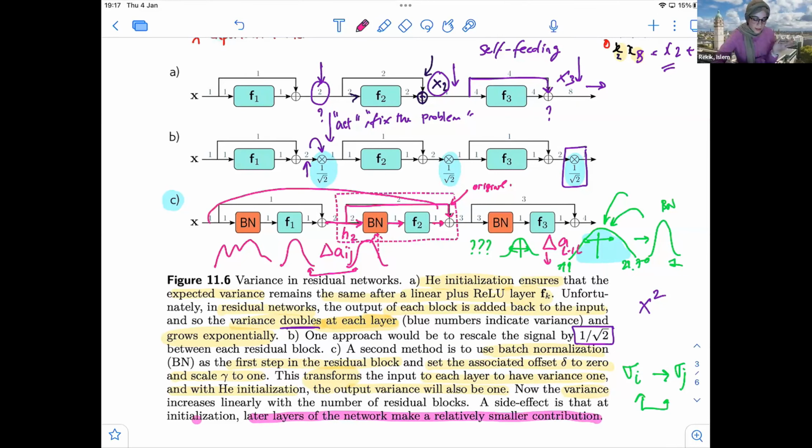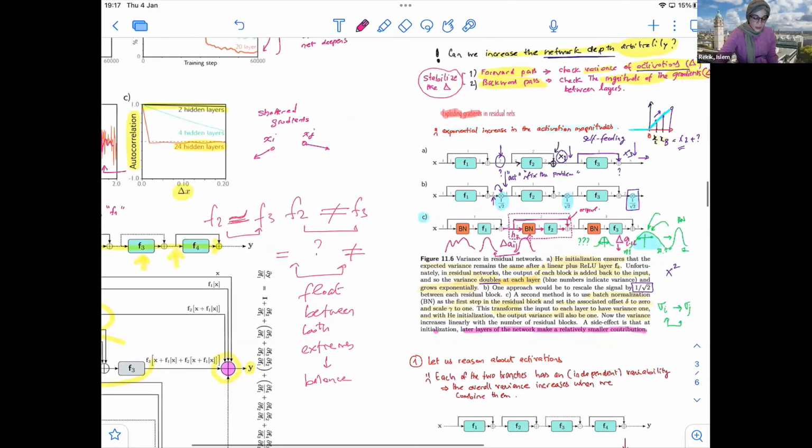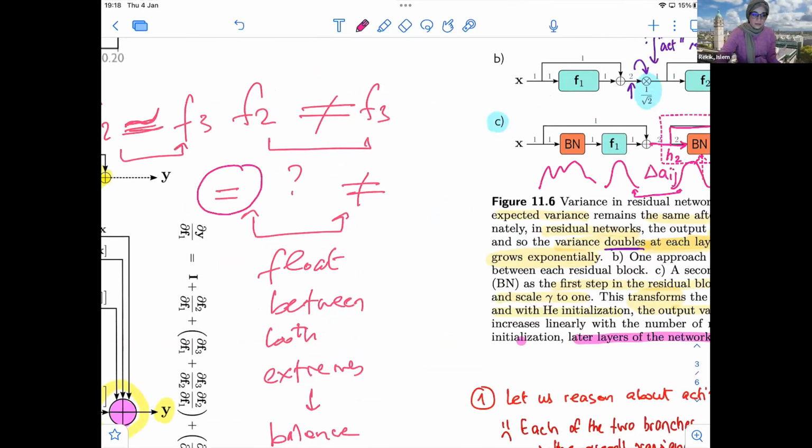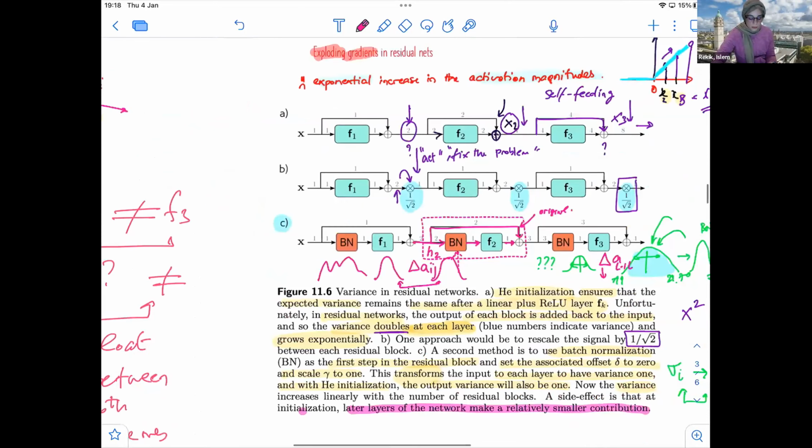So at the beginning you're going to learn something, but as you add more layers, you're going to learn the same thing. Okay, and this is what we talked about earlier, guys. We talked about this kind of balance. You don't want to learn the same thing. You don't want to control the variance and have exactly the same variance, because if you have that, your network may not need a lot of deep layers, because you're going to repeat the same mappings. You're going to learn very similar transformations. And that is not a nice thing to do if you want your networks to get deep, okay? So these are very important points.